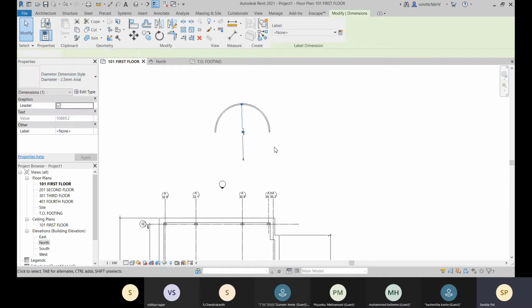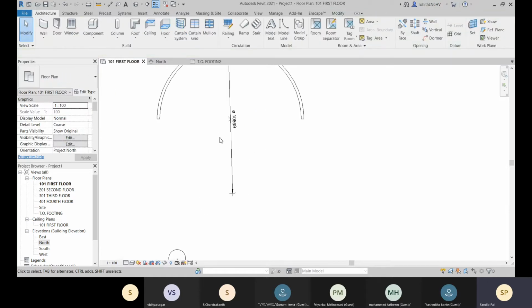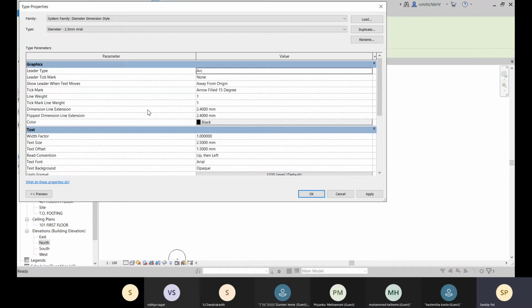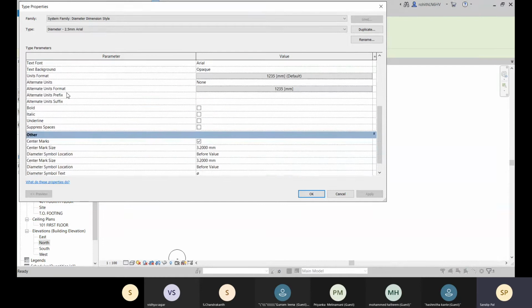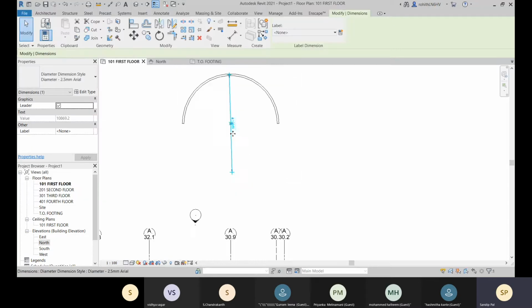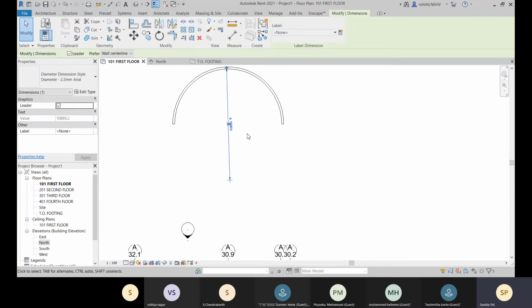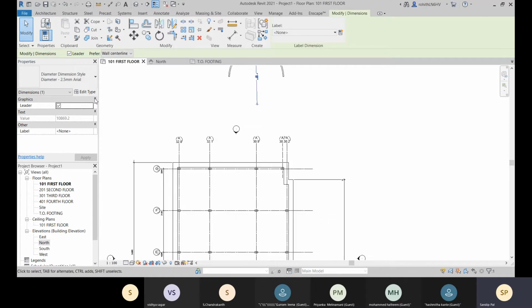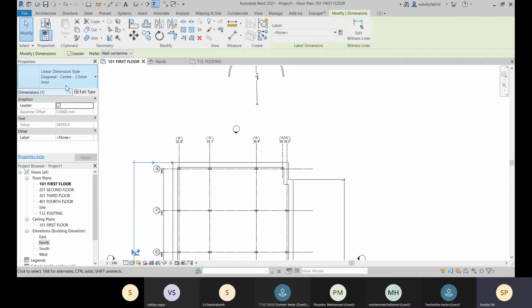Let me choose from here itself. So here you can see that we have this one. This is the type, and here you have all of them. Okay, so that is your center mark. Center mark location is before value, center mark size is there. All right, so this is how you can define it.